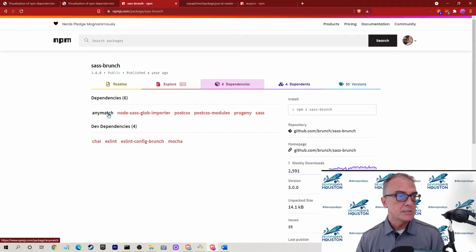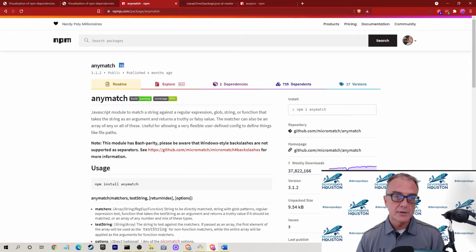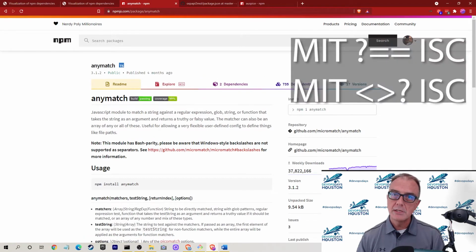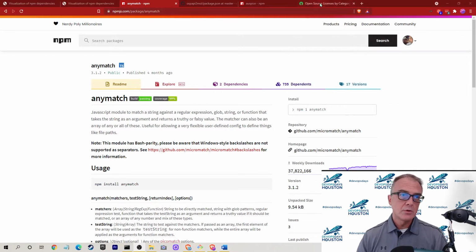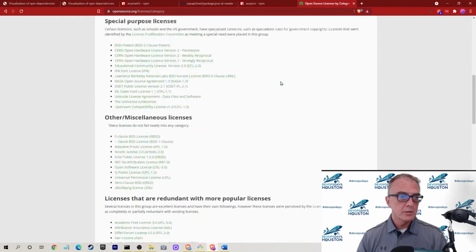If I look at the dependencies, I can then navigate to those and find, well, this one has an ISC license. And now we're wondering, is that good or bad? So as leaders, we want to know what the differences are. What's the difference between an MIT and an ISC? And by the way, how many of these licenses exist? So if you go over to opensource.org, well, they have a pretty good list of them, and there's quite a